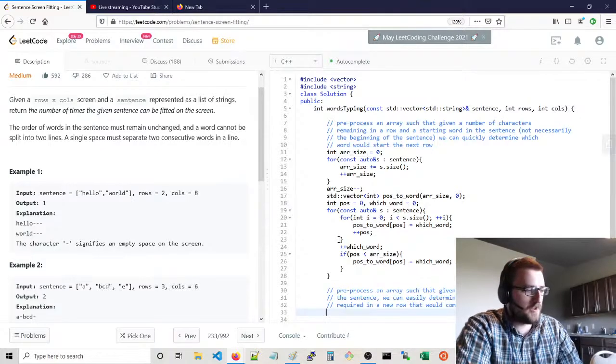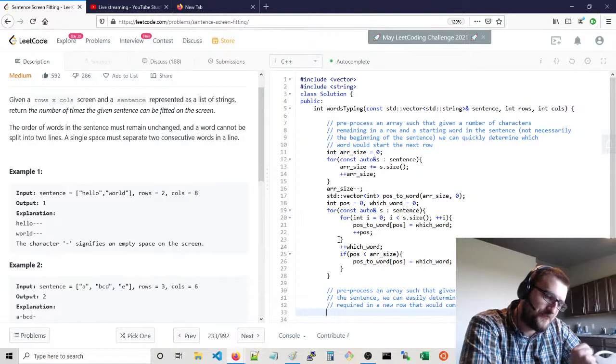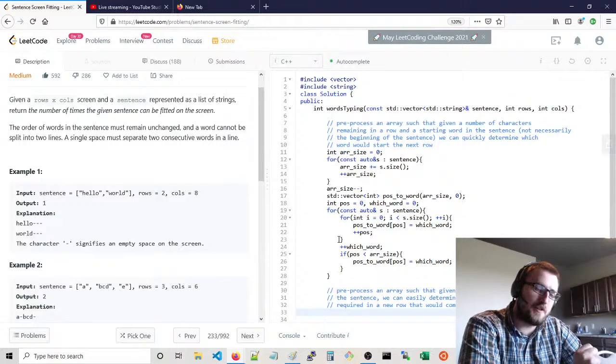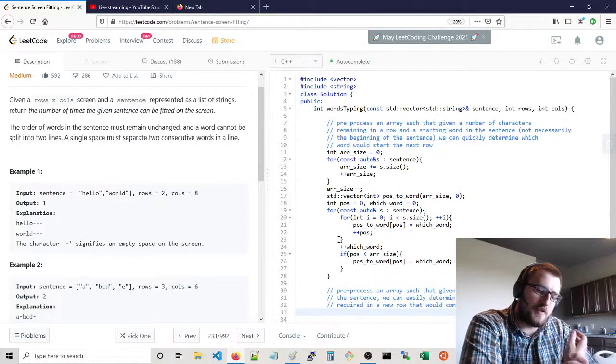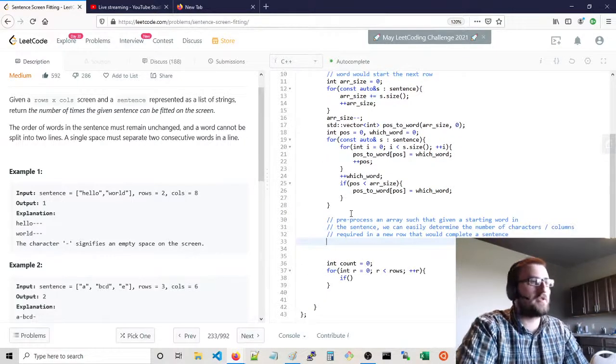So we have the starting word. So basically the first word is going to be that full array size. The second word is going to be, you subtract the number of characters in the first word, first sentence, and you also don't need the spacing character, right? If you're starting for the first, so you could, yeah. So I think you could do that for each sentence. So we would say something like,